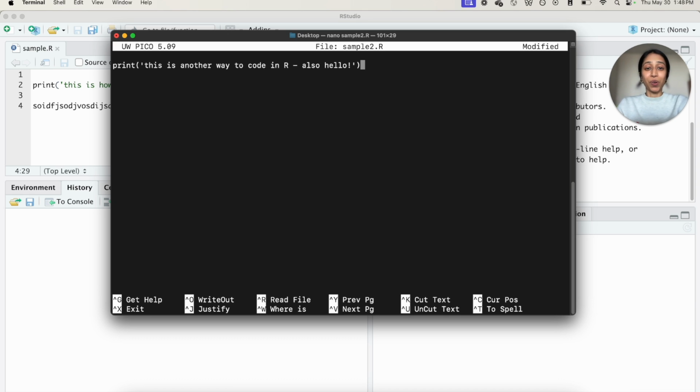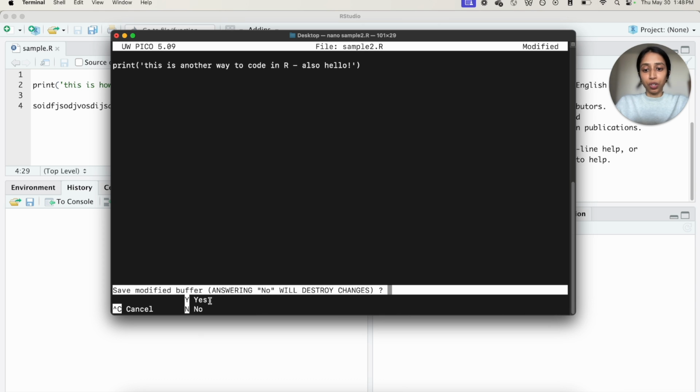Okay, so I typed out a print statement. I want to save it. You can't just click and save it like with RStudio, unfortunately, but you can use the shortcuts at the bottom of the terminal window, and typically when you exit this nano window, it'll ask you if you want to save it. So I'm just going to go ahead and press Control and X,